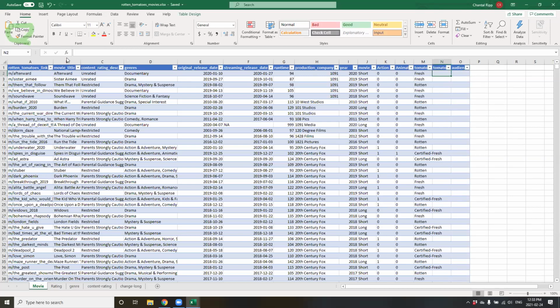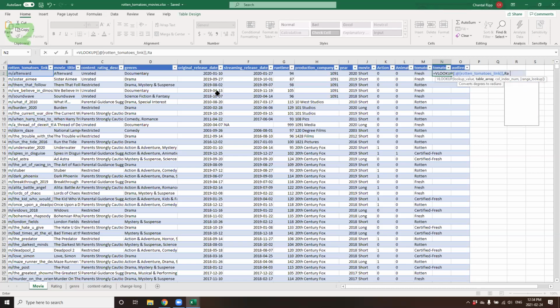So now we did that by using the import function or the function tool. I'm just going to type it in this time. So again, I'm looking at VLOOKUP, parentheses, and here I'll spell out the formula again. What I'm looking up is the common field, followed by a comma. The table array, so that's the range of values in your table that you're looking to pull data in from. And I'm just using a shortcut here.